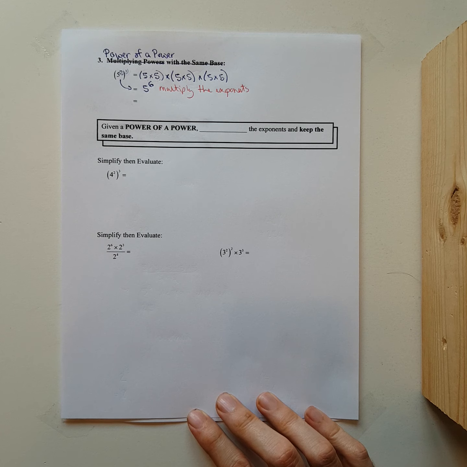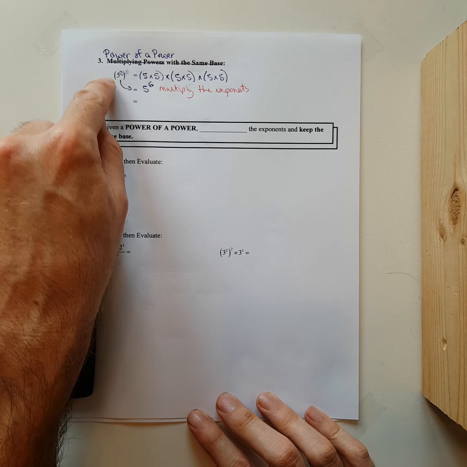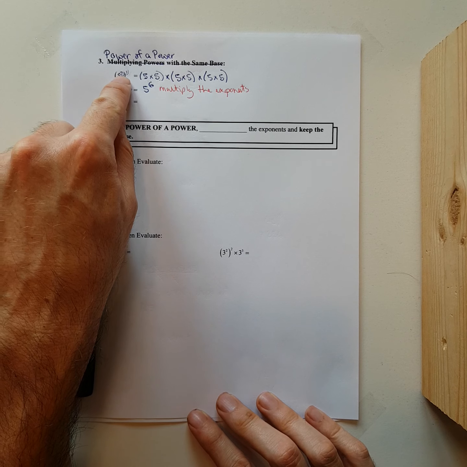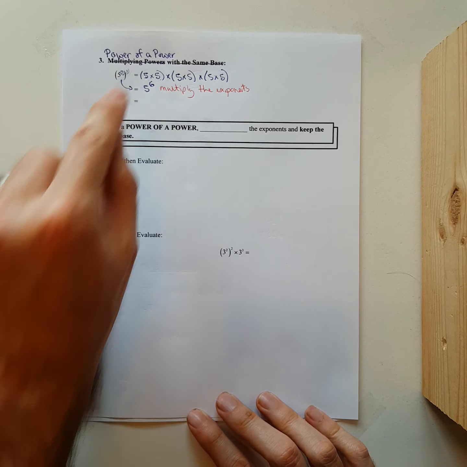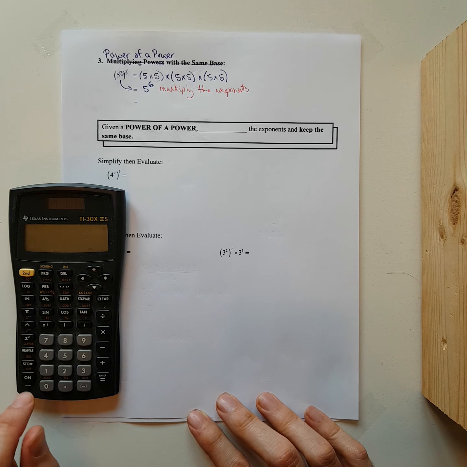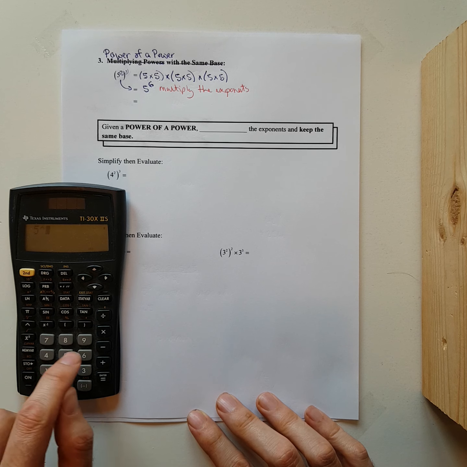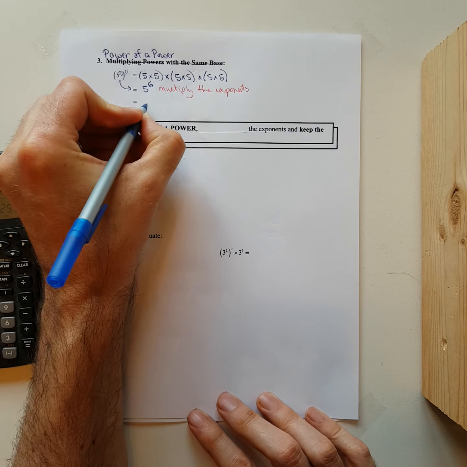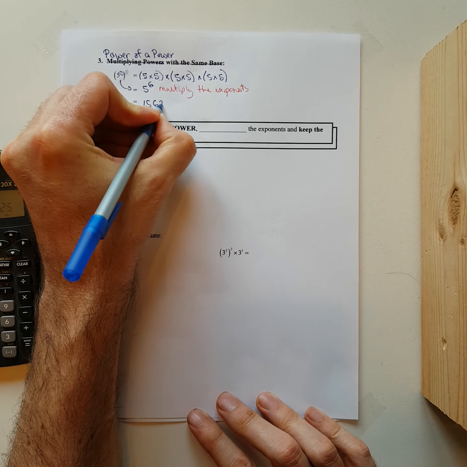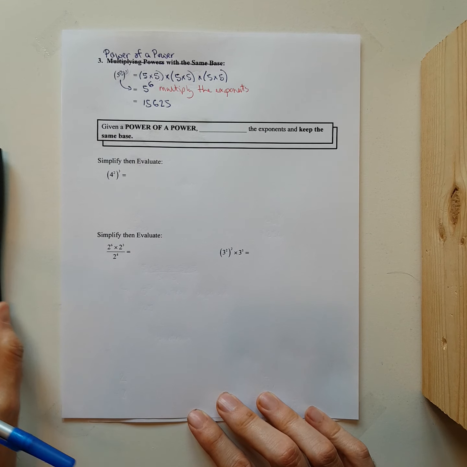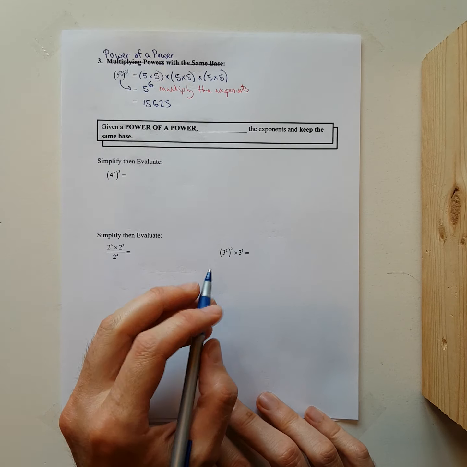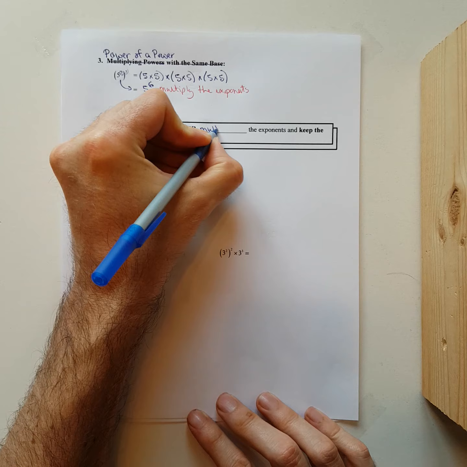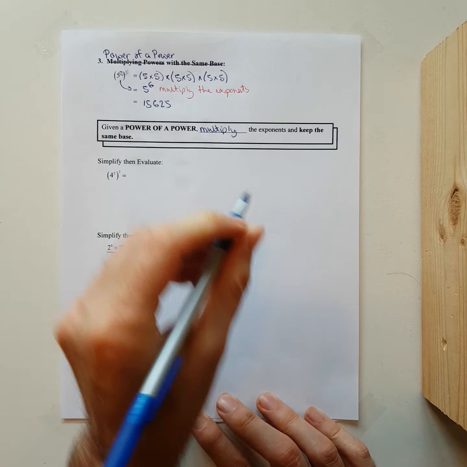And if we do that, okay, we can then get to our answer quickly. Again, instead of trying to figure out how to type all that with the brackets into the calculator, we can just simply say, I can multiply those quickly, and then our calculator work becomes much easier. 5 to the exponent 6 equals, again, we get 15,625. So given what we call a power of a power, that's this scenario here, we multiply the exponents, and